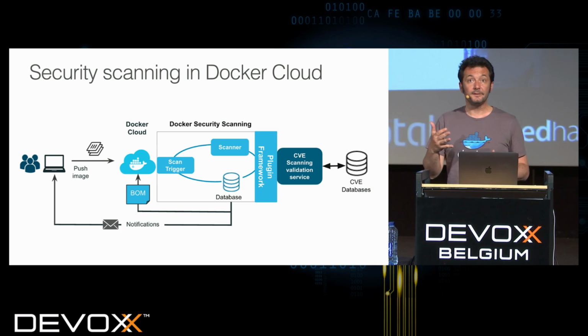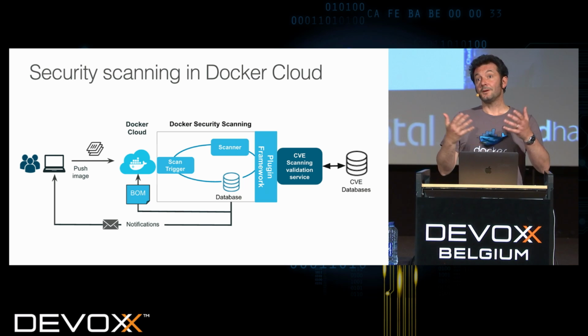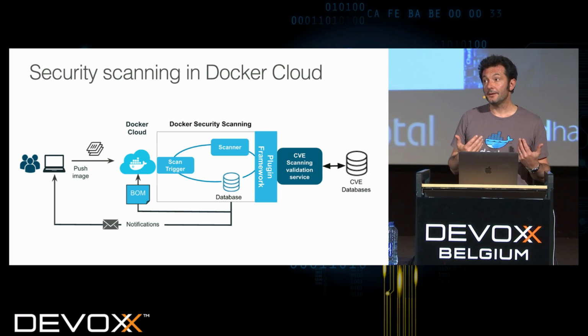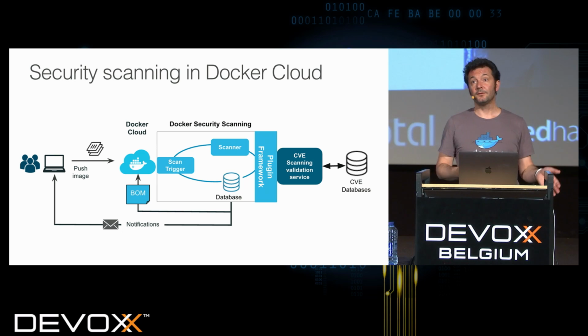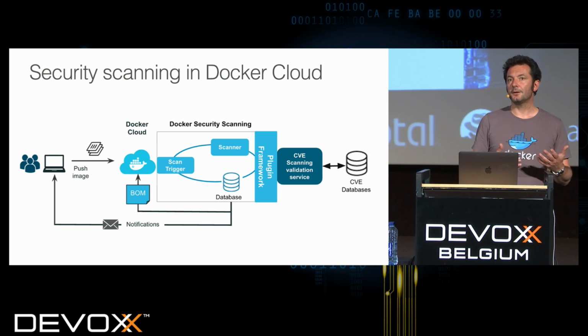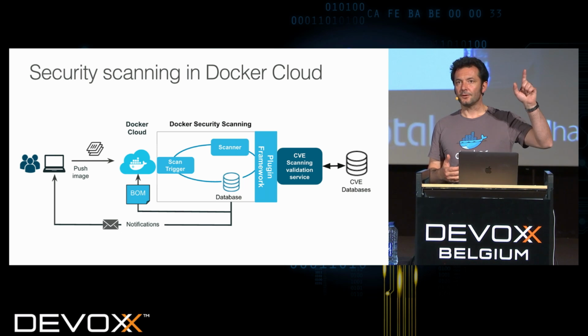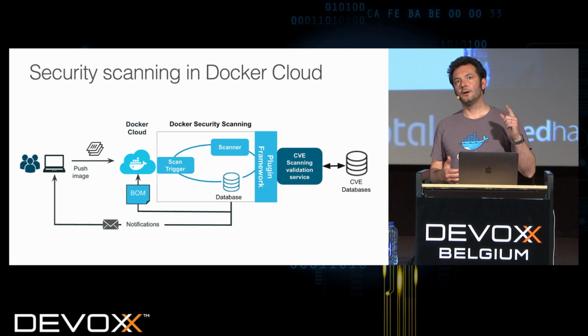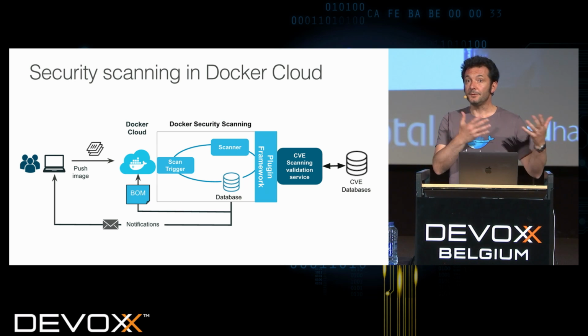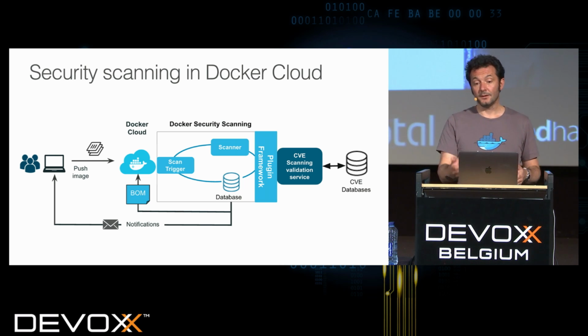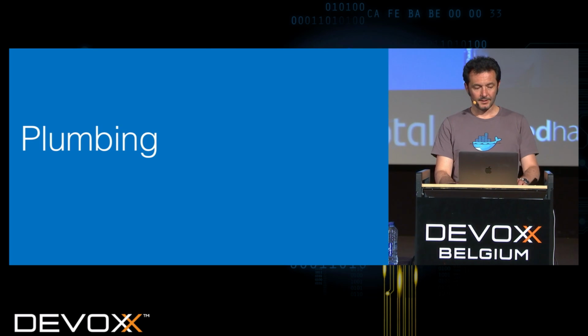So when there are new vulnerabilities, for all your images that are affected you'll be notified, and then it's quite easy to just rebuild them by fixing them and then pushing them automatically into production. So it makes it much easier to solve vulnerability issues in deployed software. That's available only in Docker Cloud today. We're working on a version of Docker Data Center, UCP and DTR, that includes security scanning on-premise as well, but this is not out yet.